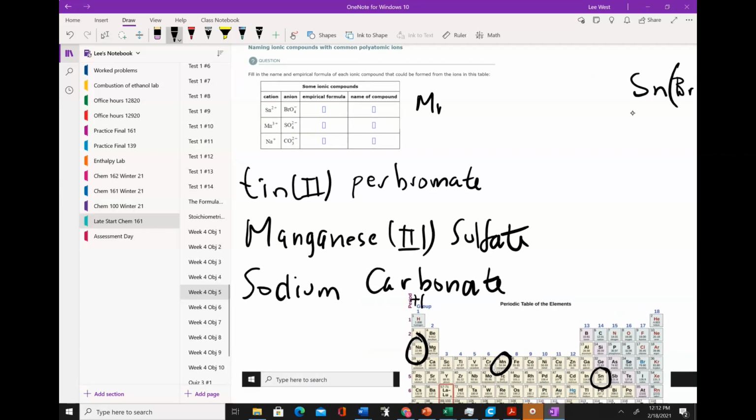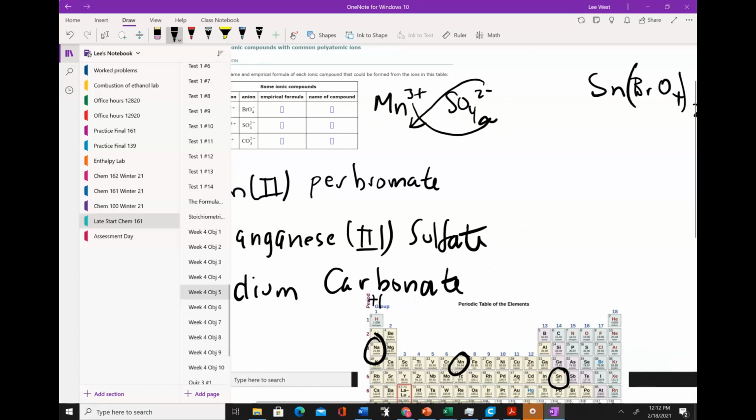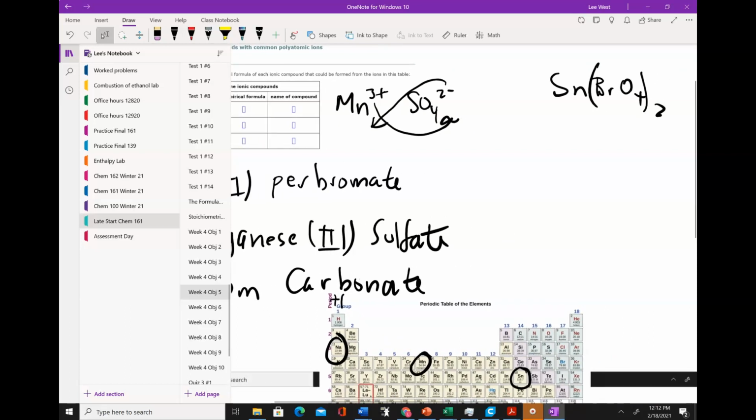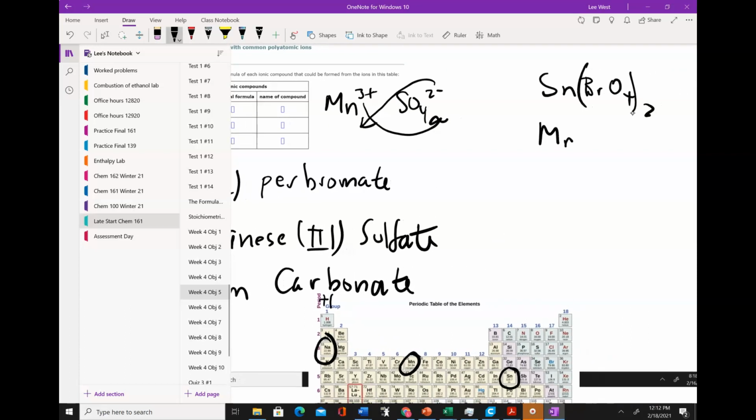Okay, manganese 3 plus, SO4 2 minus. This is going to get weird. 3 sulfates, 2 manganese. So it's going to be Mn2(SO4)3. Okay. And then finally the third one, sodium